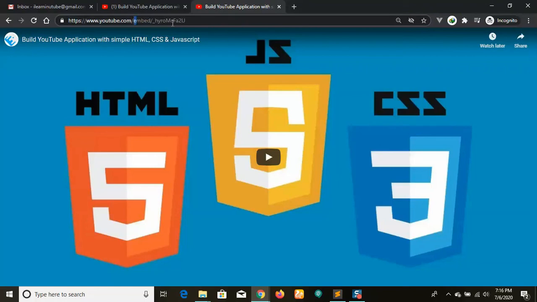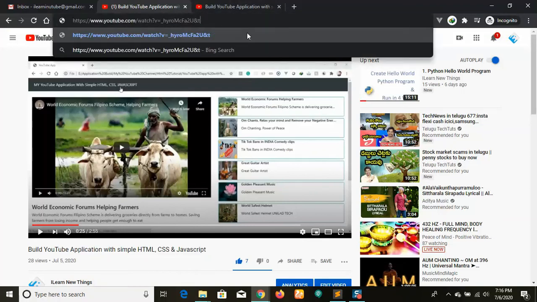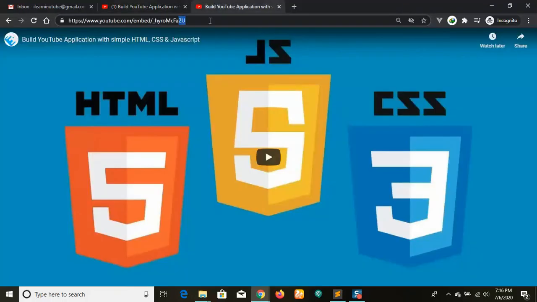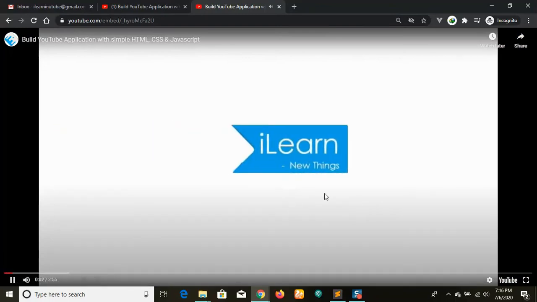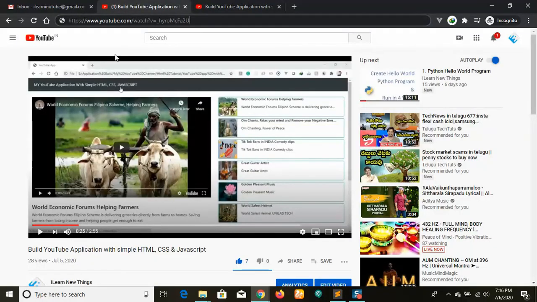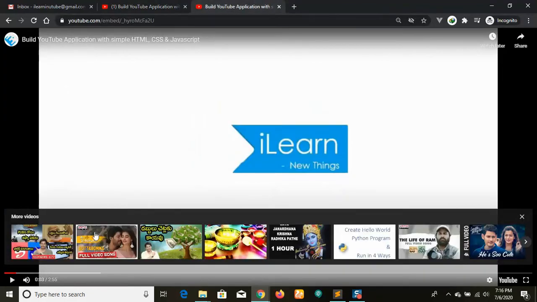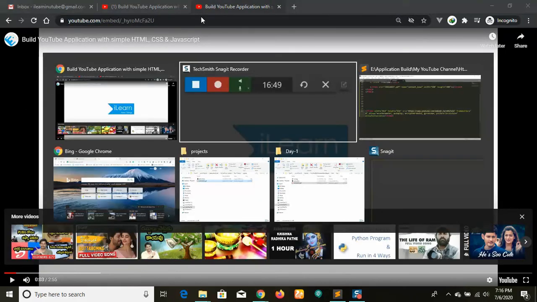So here I have placed embed slash. That's it. The remaining is all a URL thing. You can see here previously we didn't get it, right? Because it should not be like this. This should be gone and it is the URL. So let me run. The difference is if you go with this URL, the entire page will be there. We don't need the entire page, right? So we can take only the video.